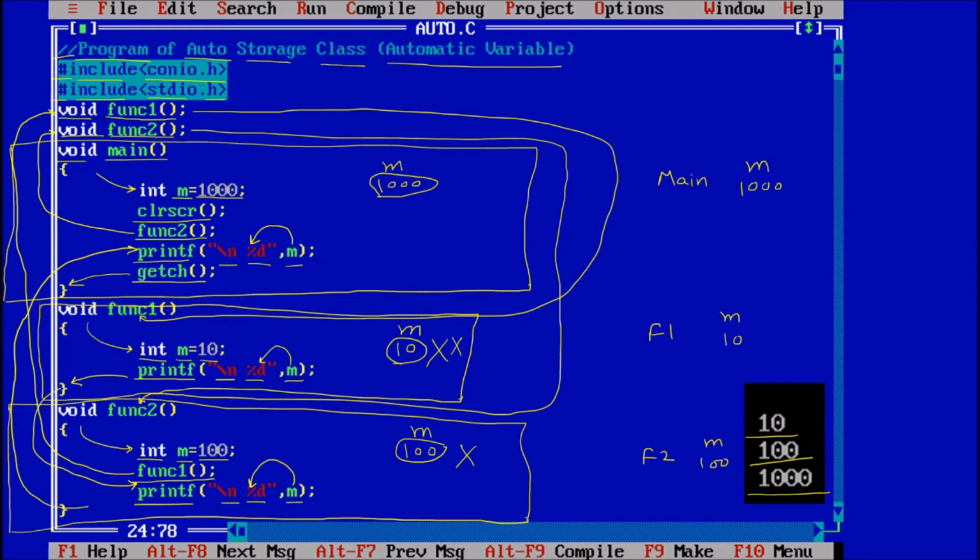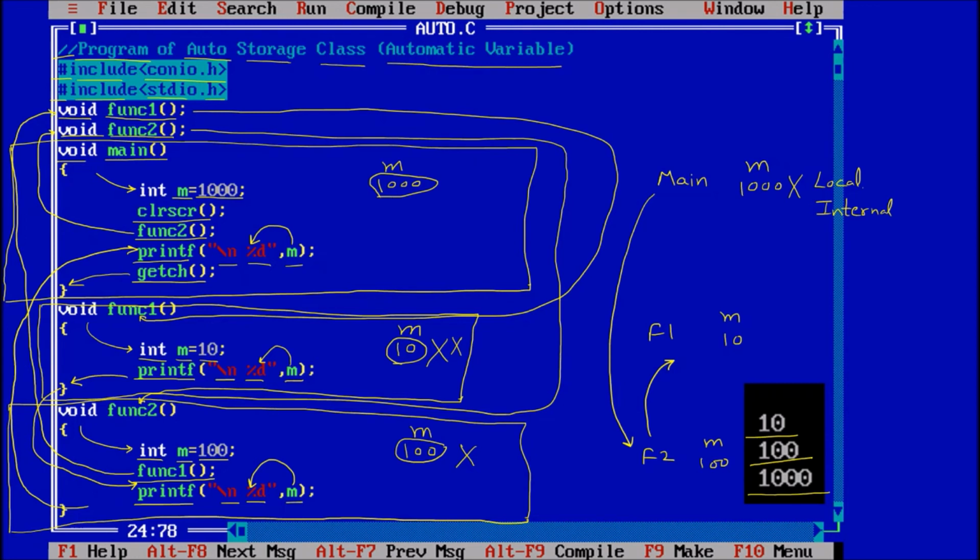Once we pass the control from main to function2 or from function2 to function1, the value of m is lost. The reason is that they are in the local scope. Local scope means they are internal variables, and we know that all automatic variables are local and internal.